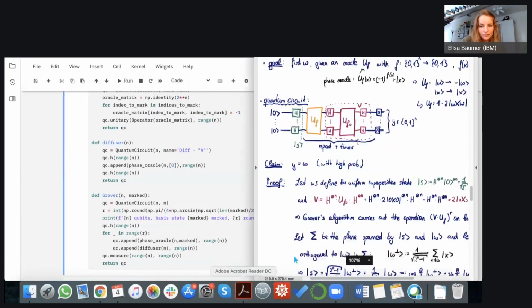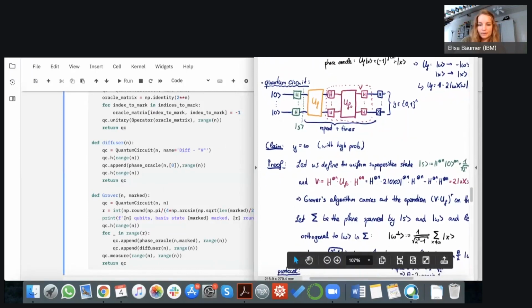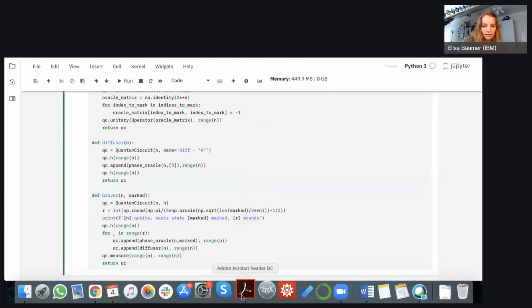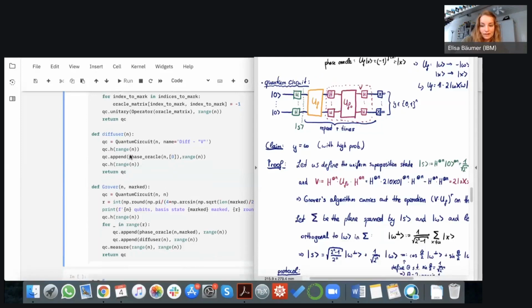As you can see here, in the notes from yesterday, what we discussed when we discussed the algorithm, the diffuser consists of first applying Hadamard gates to all n qubits. So we'll just do that here with QC range n. Then we append this oracle UF0, which is basically the same as UF, but does not depend on the marked elements.